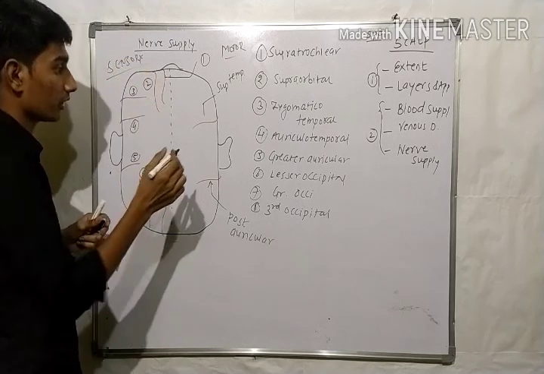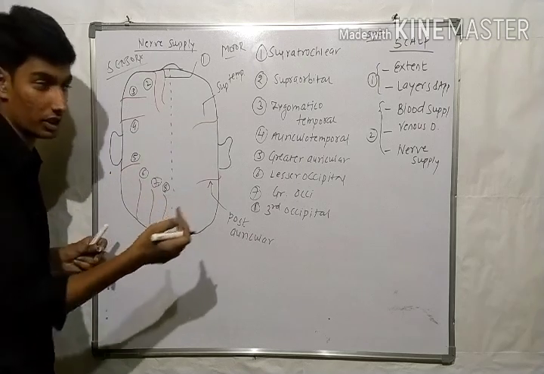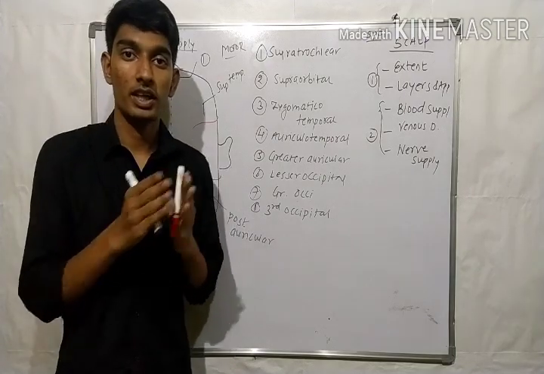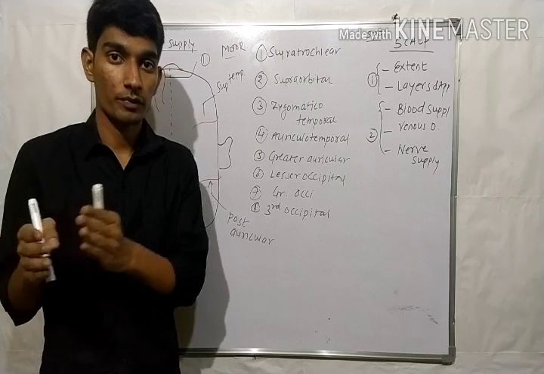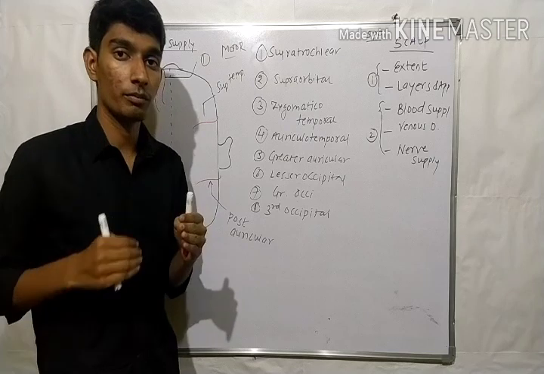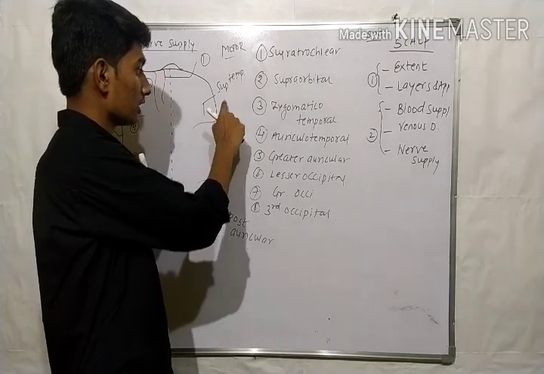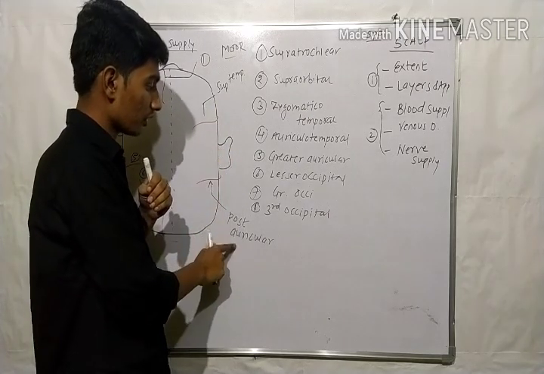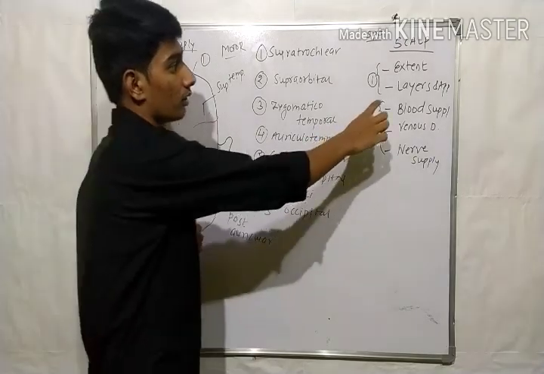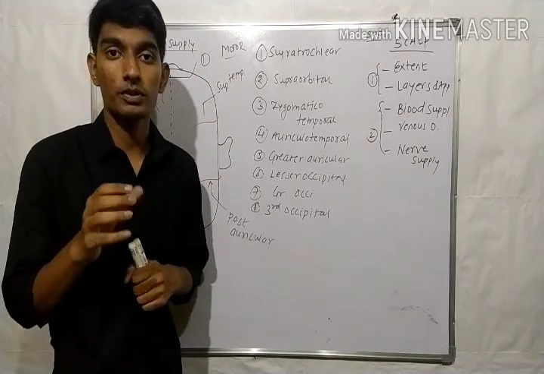But remember that 10 nerves are present here and 10 on the other side of the midline. That is, in each half of the midline 10 nerves are present, and out of this 10, 8 are sensory and 2 are motor. Out of the 8 sensory, 4 are in front of the auricle and 4 behind. Of the 2 motor, superficial temporal is in front of the auricle and posterior auricular is behind the auricle. This is about the nerve supply of the scalp.